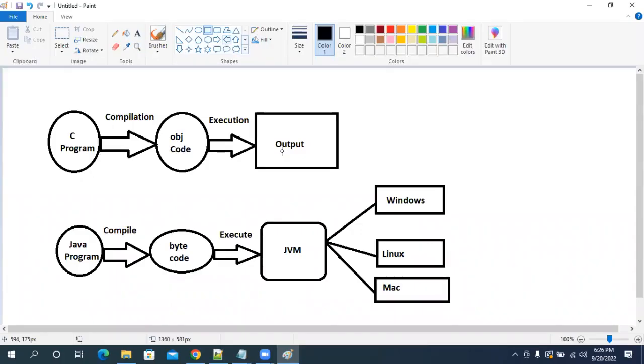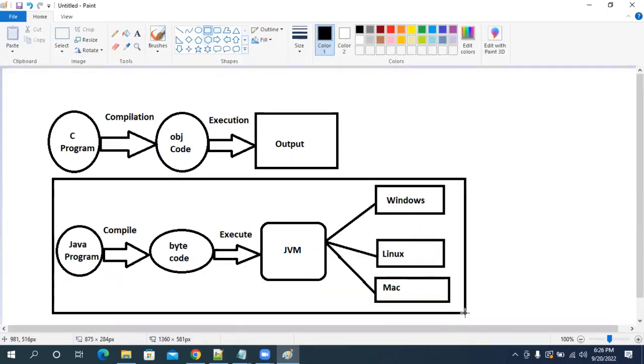Whenever we run that program, the JVM will take our bytecode and convert it into a computer understandable format. Then it will provide the output. This is the execution flow of a Java program.